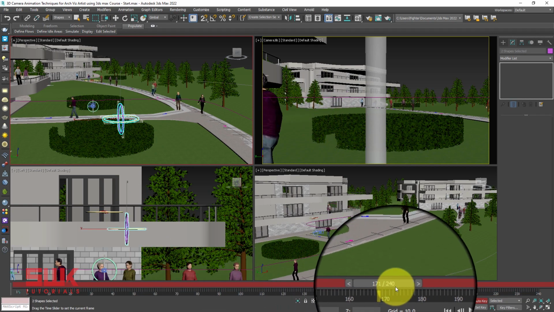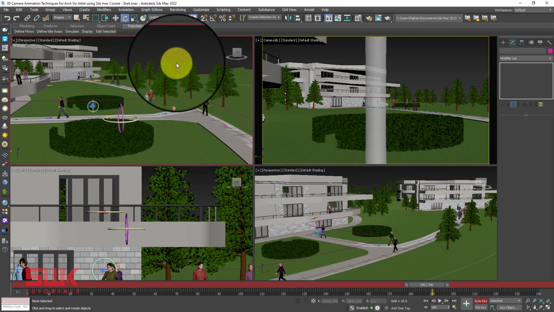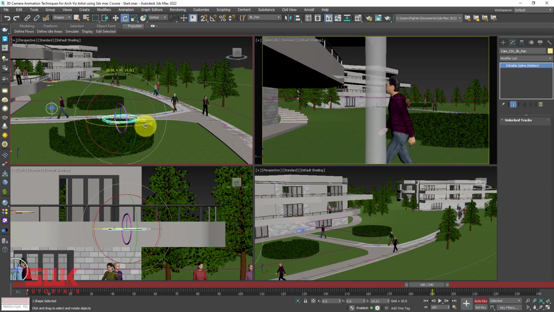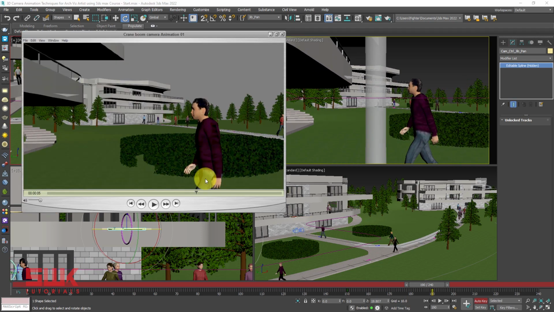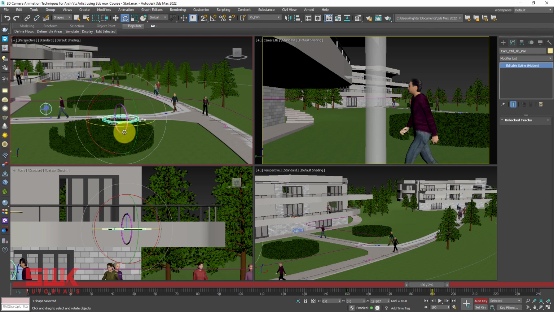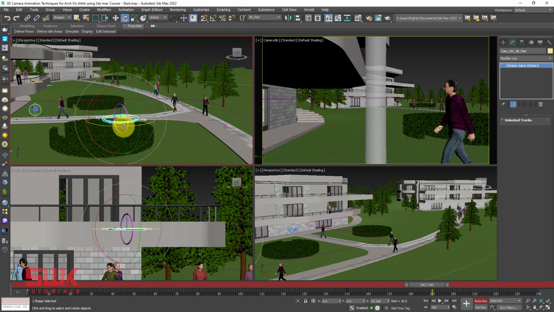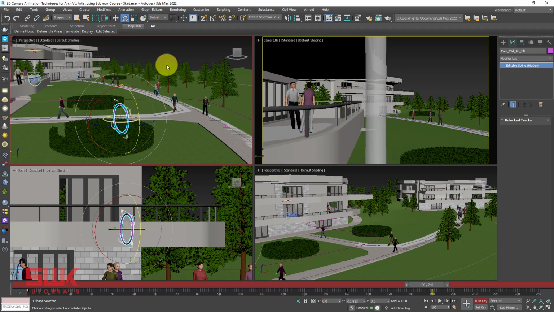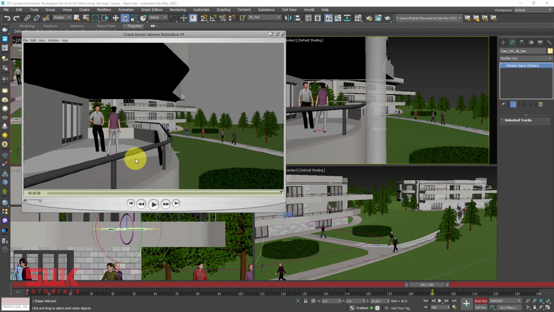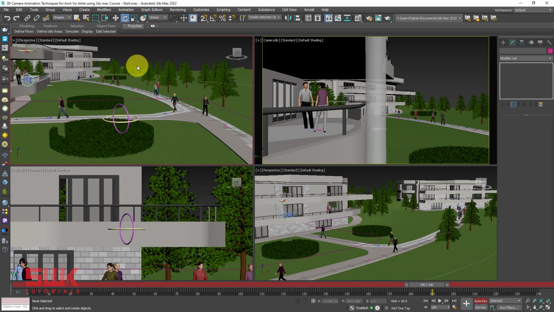Now, I want this guy to move a little bit forward. Then I want to again use the pan control. And actually what I'm about to do is create the last frame, this frame. So I will move it a little bit forward like this. Then I will select my tilt control and make it up like this. Again, I will select my pan control and try to get as close an angle as possible to this.